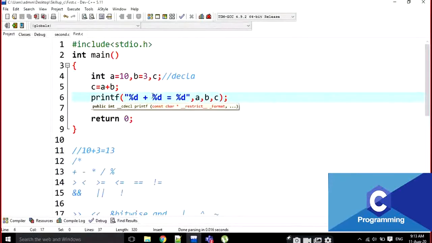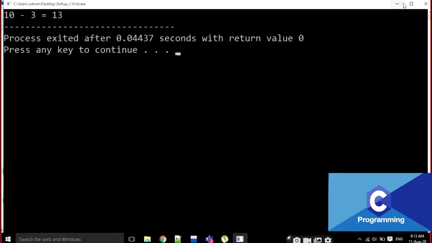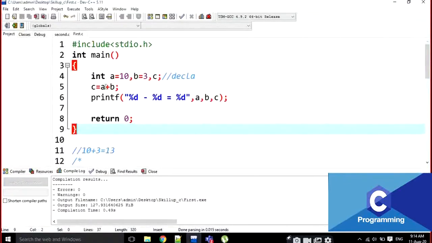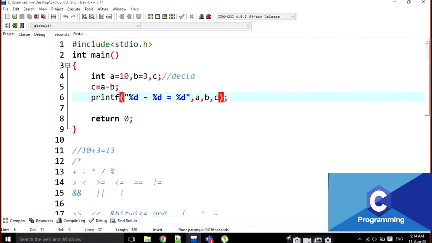This is a dummy text every time. This is not doing any operation here. For example, if I print it, it is going to print 13 only. Why? Because here I am doing the operation. This is the operation. Instead of addition, I am going to do some subtraction. If I execute it now, 10 minus 3 is equal to 7. What is the use of this one? This is going to be printed, displayed in that fashion. That's it. Nothing else.